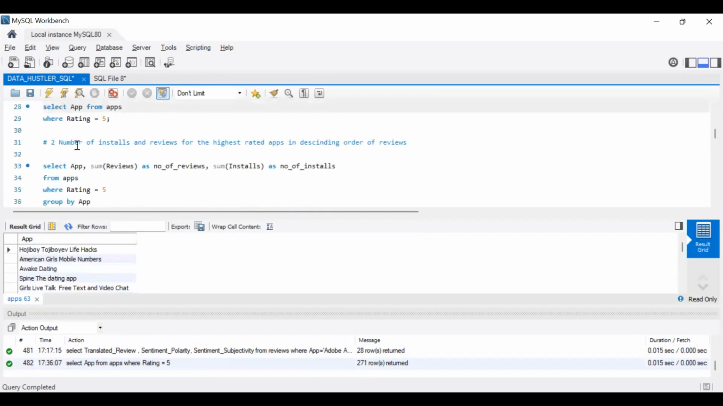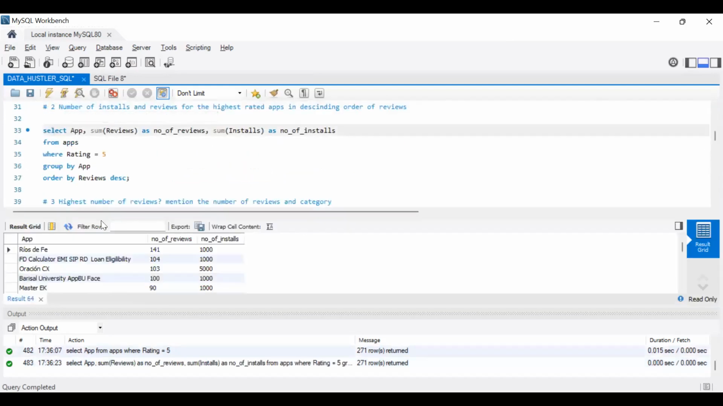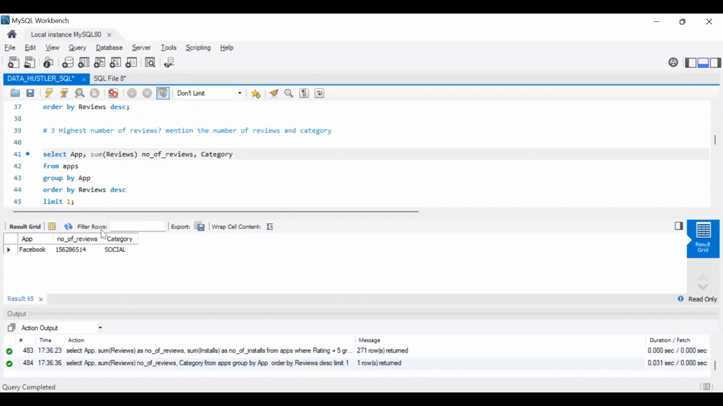The next question was to find the number of installs and number of reviews for all of these applications that are highest rating. So these are the number of reviews and number of installs for these highest rated applications. The next question was to find the number of reviews and which category these applications belong to. So the application Facebook has the highest number of reviews with this number of reviews, and it belongs to the social